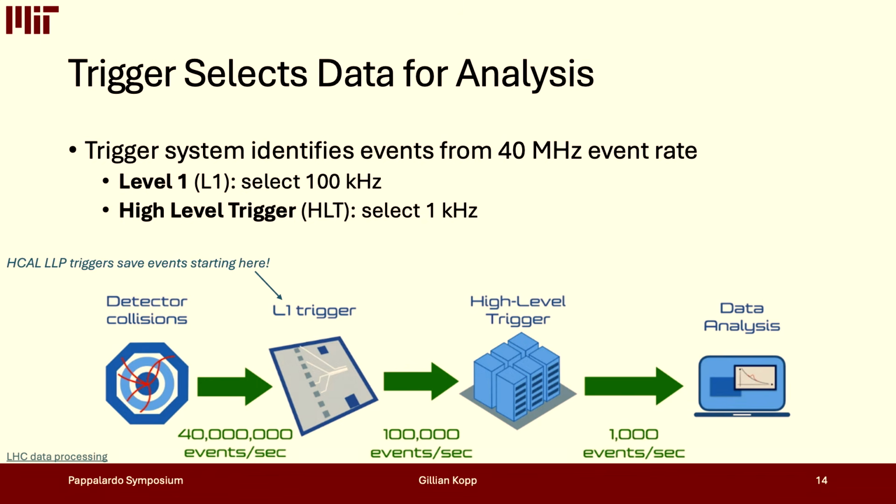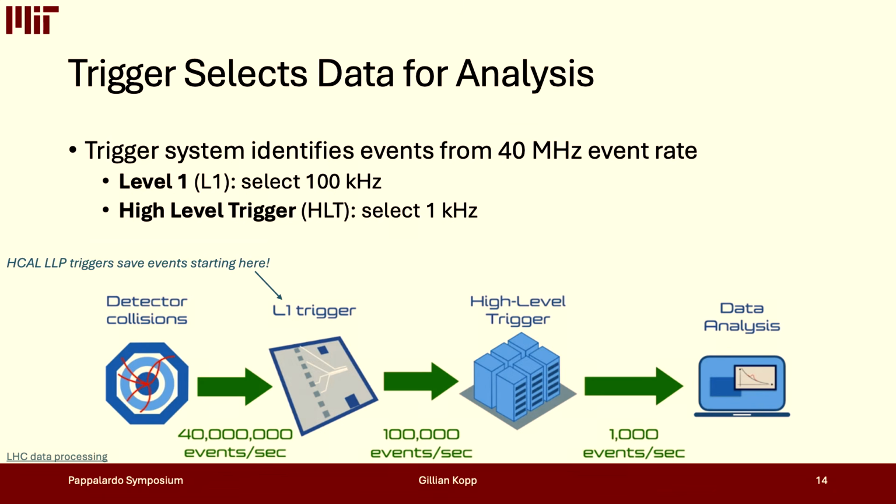The second level is done entirely in software. So you have a little bit more time, a little bit more information to make those decisions. But at the end of the day, that means that we're only saving 1 in 40,000 events that were taken by CMS. And if we don't save those potential dark sector signatures in our trigger system, there's no way we